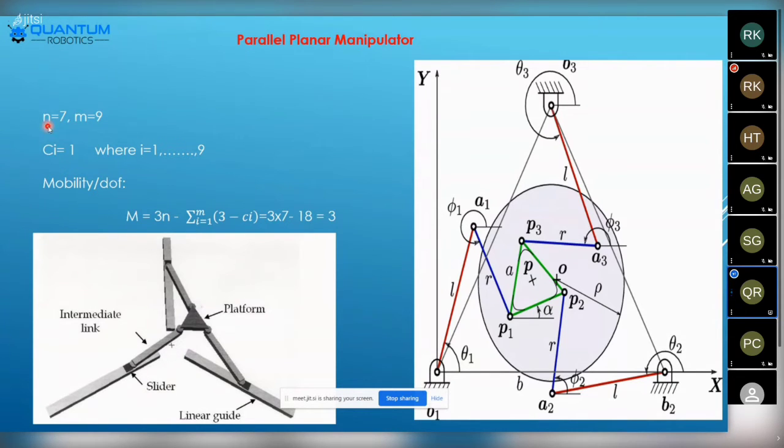And how can we calculate this particular planar manipulator? n is equal to 7 and m is equal to 9, c_i is equal to 1, where i is equal to 1 to 9, meaning from point 1 to point 9 we are using this. And if we use that particular manipulator for the degrees of freedom, we have the triangular system, and in this triangular system we give the interconnection from one to another to give the balancing condition in any case, at any places. This was the manipulator which we use for balancing conditions anywhere.